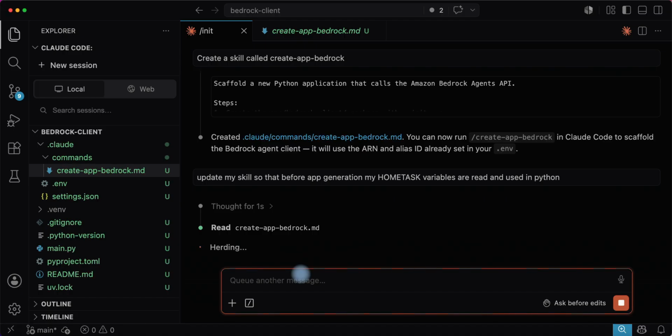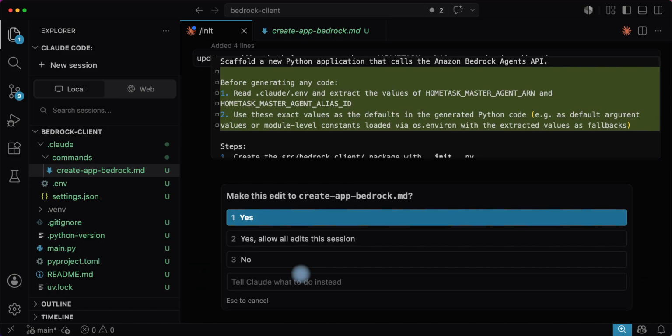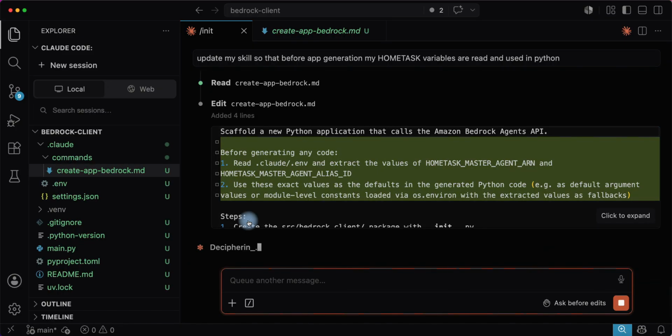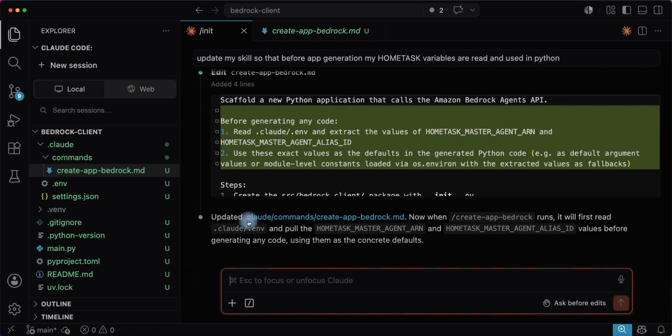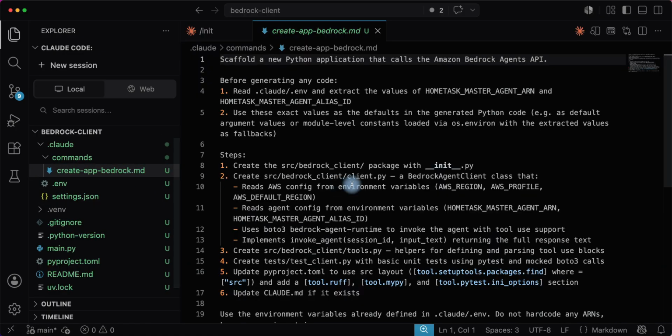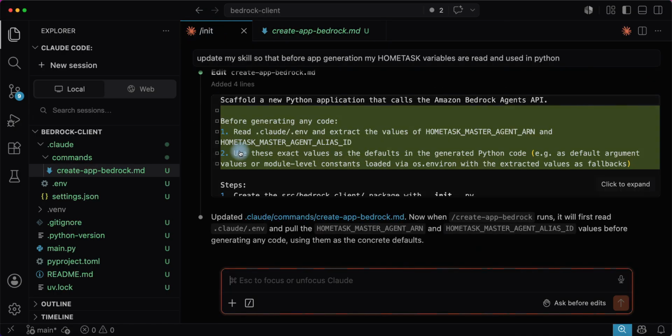What I want to do is read these variables, and then now I'm going to say something like this. This has been updated, so let's take a look at that. Home task match agent ARN, and yeah,